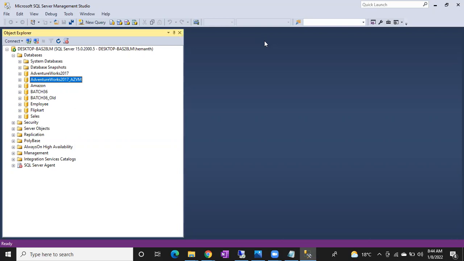Why I'm telling you is sometimes you will get a request: "Hey, my restorations are very slow, I don't know what happened." In case you're restoring from a network path, the restoration speed depends upon your network speed. If your network is down or if your network speed is not good, definitely it will impact the restorations. So your restorations will be slow. Even if the network is good, restoring from a network path or shared location is still a little bit slow.